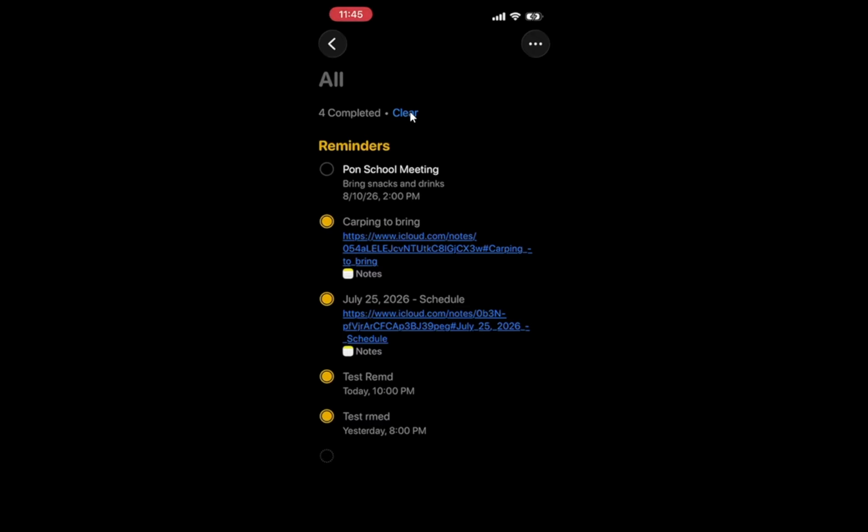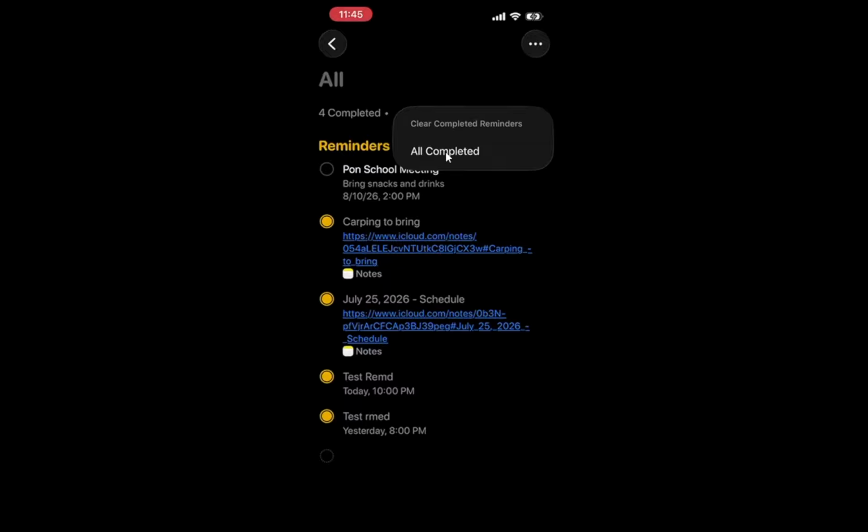You should see the Clear option near the bottom of the screen now that completed reminders are visible. When you tap Clear, a small panel appears that lets you decide how much you want to remove, so nothing disappears without your choice. On that panel, choose All Completed. This tells reminders to target every finished reminder in that list, not just ones from a recent date range.